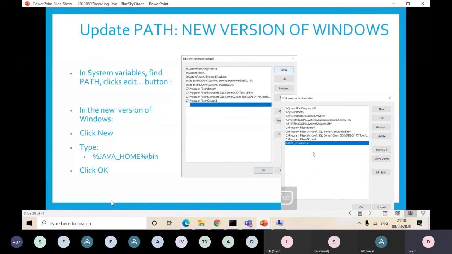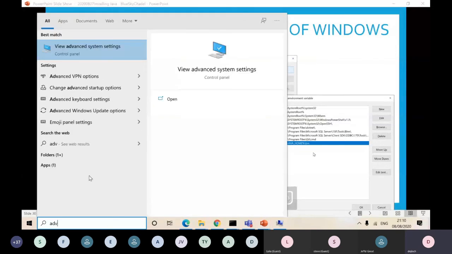So you just need to type advanced search from here, advanced settings, and